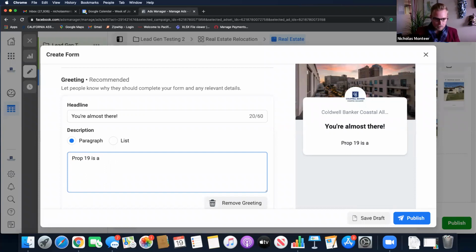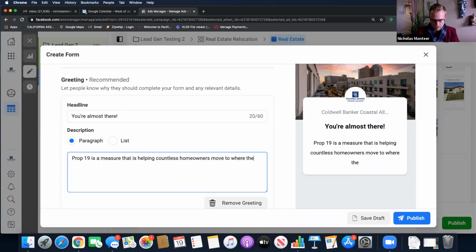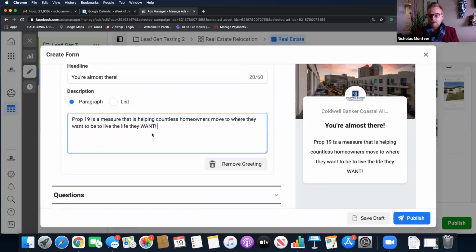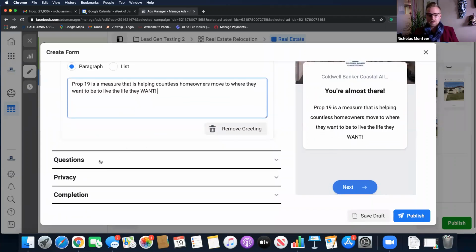Prop 19 is a measure that is helping countless homeowners move to where they want to be to live the life they want. Okay, now we've got some basic text there, right? So this is my little greeting, my little headline right before they have to fill out the question section, right?